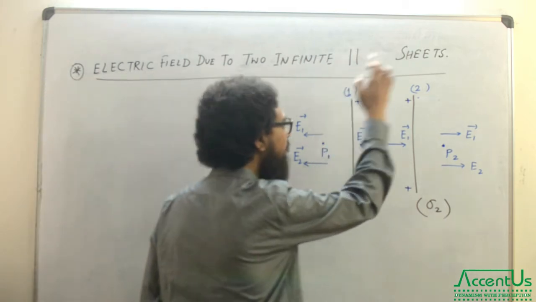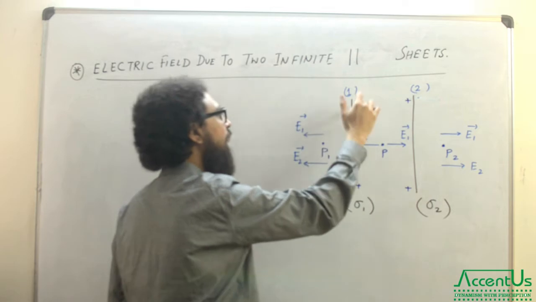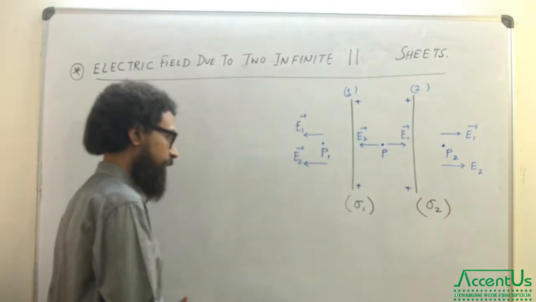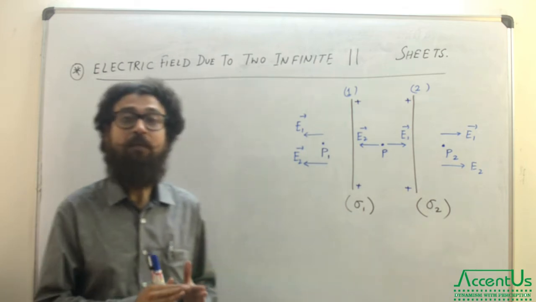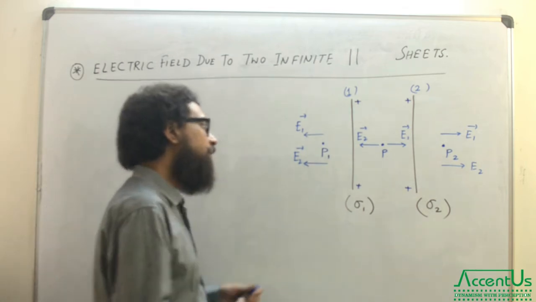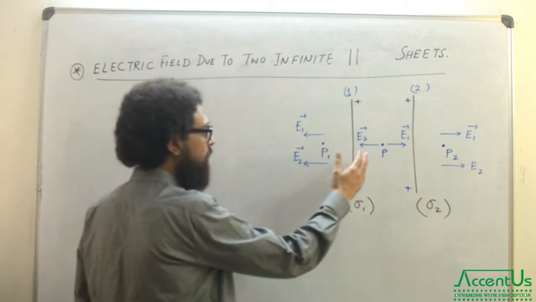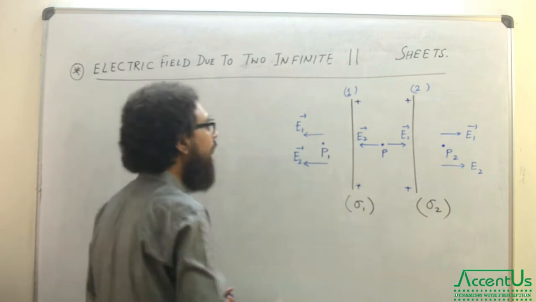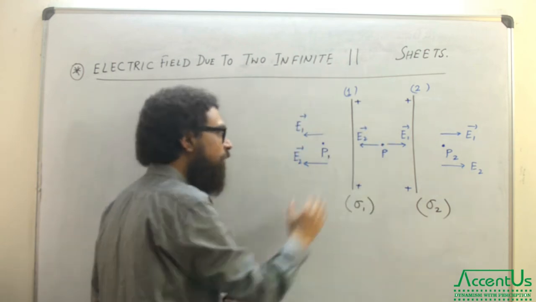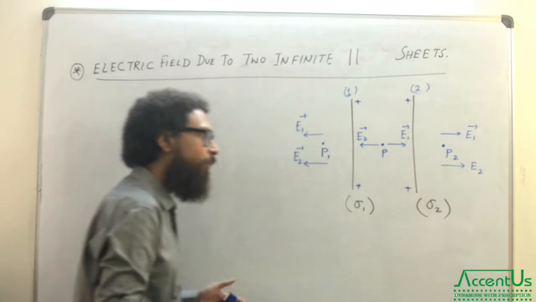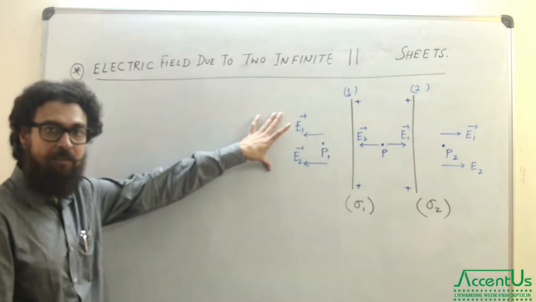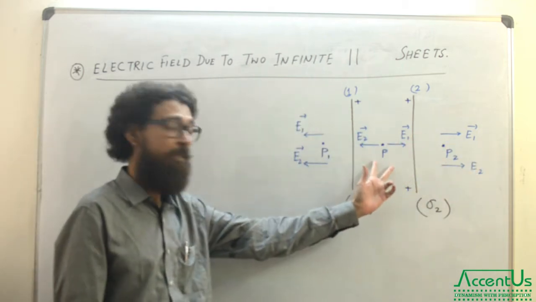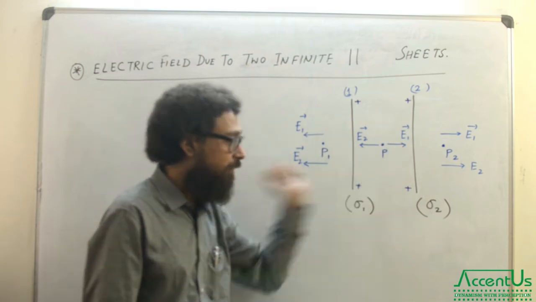Now, interestingly, what do we have? We have plane sheet 1 and plane sheet 2, which are parallel. They carry positive charges, and we have to calculate the electric field. Since they are non-conducting surfaces, obviously there will be electric fields outside the system of these two parallel plane sheets, and even within the plane sheets. So I have taken points P1, P2 and P3 where we will be calculating, and you can understand the directions. For P1 the directions are like this, for P2 like this, and for P3, the point within, like this.